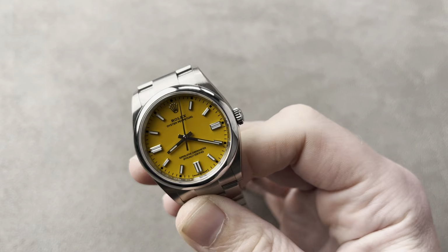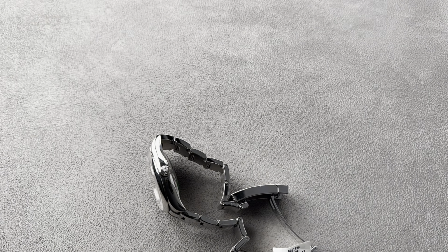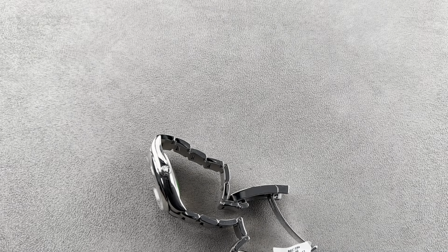I have a surprising amount of Rolex here on the counter. Oops, looks like I lost the light. Let there be light. Okay, now,